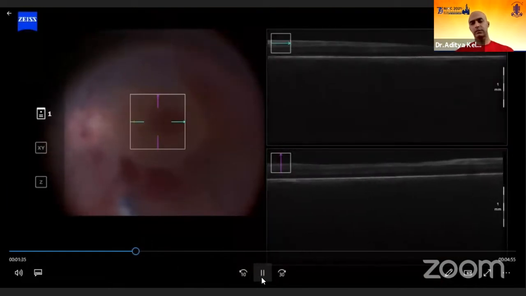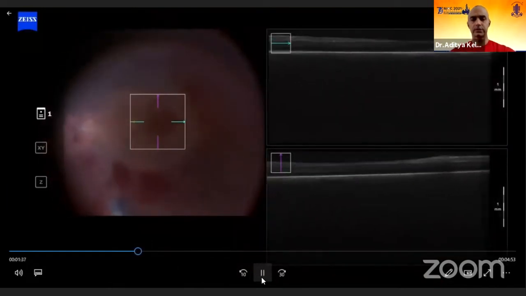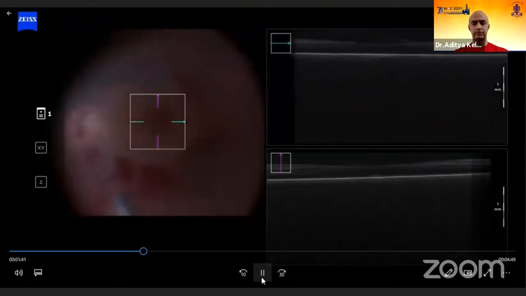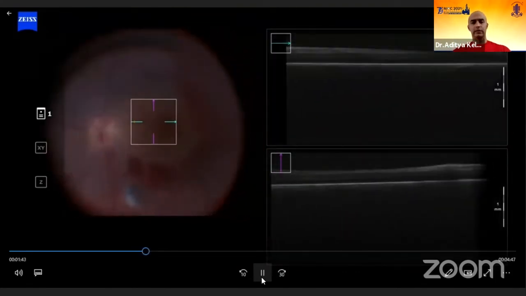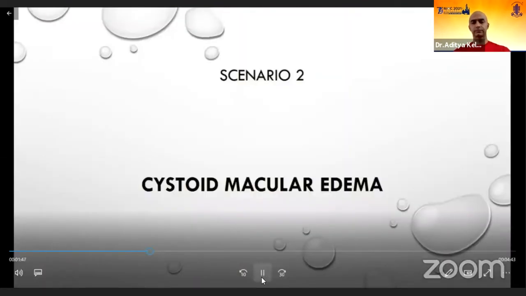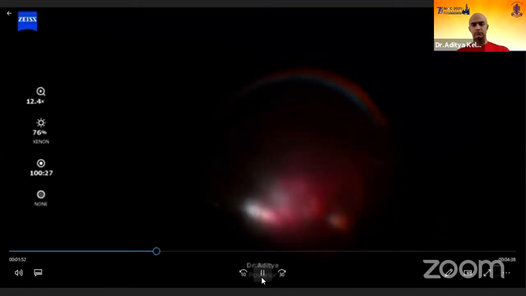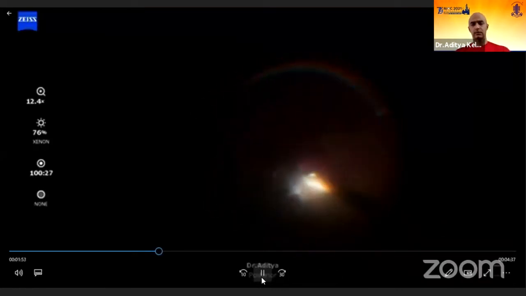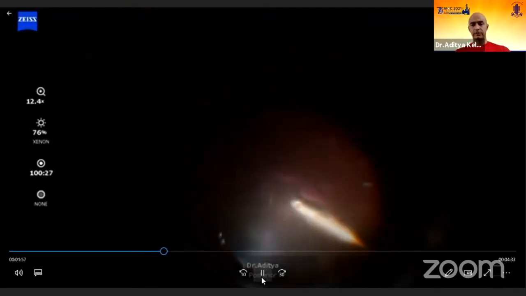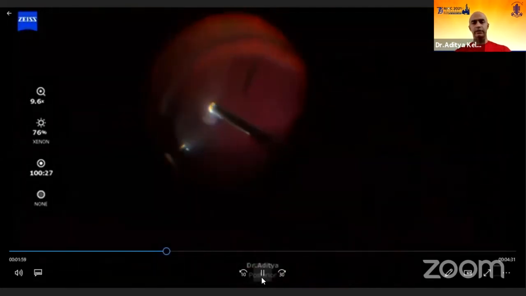It also sometimes helps us in making decisions on table by giving a quick feedback. For example, in the scenarios where you are facing a situation where there is vitreous hemorrhage, like in this case of a vitreous hemorrhage patient, it's obviously practically impossible to get a preoperative OCT.